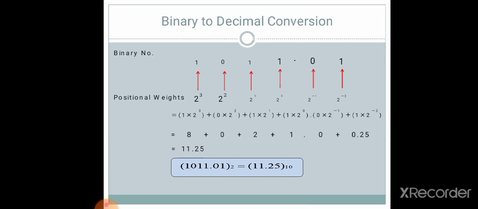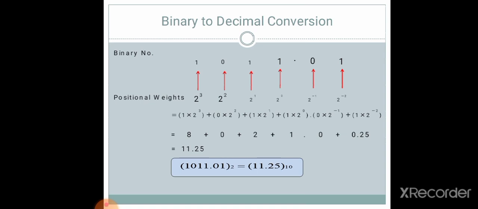See, one binary number is given on your screen, that is 1011.01. Now the number is fractional. It has integer as well as fractional part. All of you know now how to give the weights for integer as well as fractional number. For integer number, we'll start putting weight from right hand side to left hand side, and the weight goes on increasing. As we are giving weights for binary numbers, that's why we have taken 2.